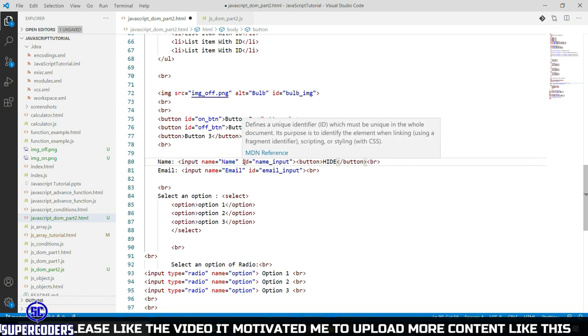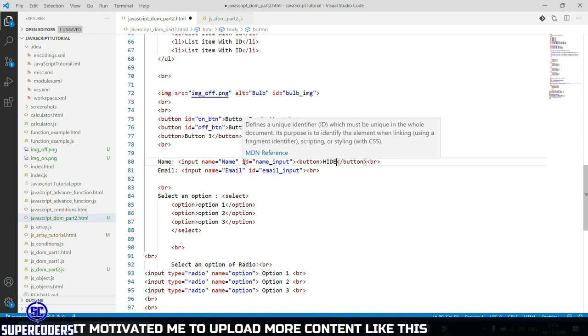You can see in many forms where we are using a password input, there is an option for changing the input type to text and password. Like if you click on the eye icon, it will show the password, and again if you click, it will hide the password. So let's see how you can create this using JavaScript.